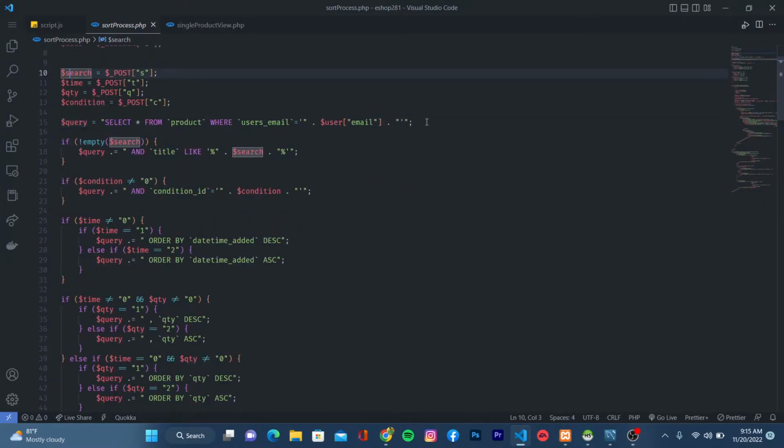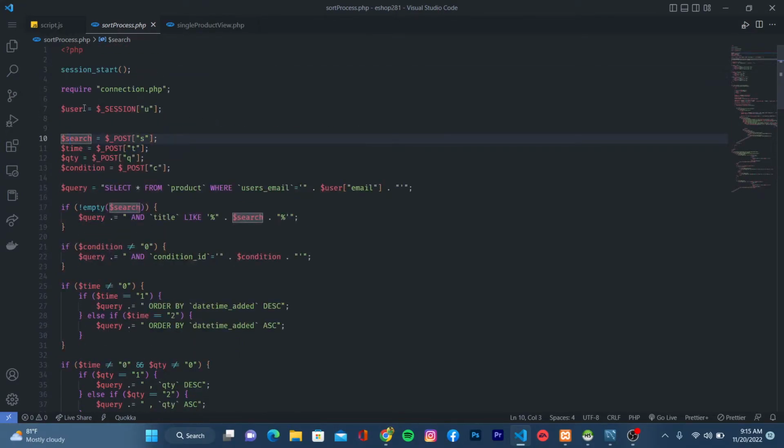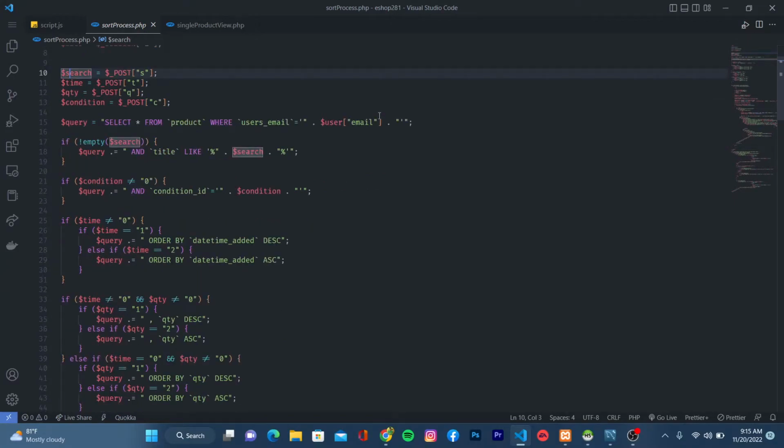Here I have a variable called query, and have some main query. Select all from product where user's email equal user email we're getting from the session. So that is pretty much it, and then we have some function script down here. So if search is not empty, we're going to add this query to this query variable. So it means select all from product where user email equal